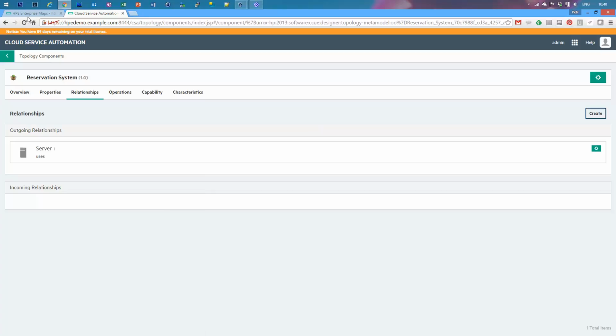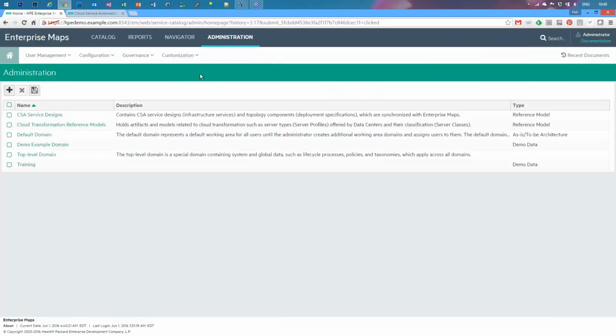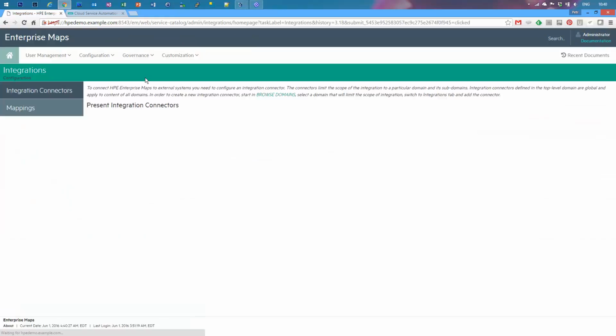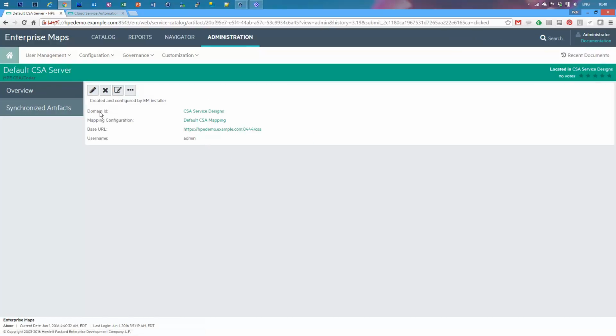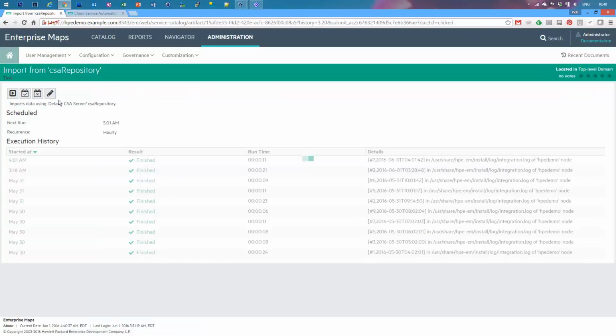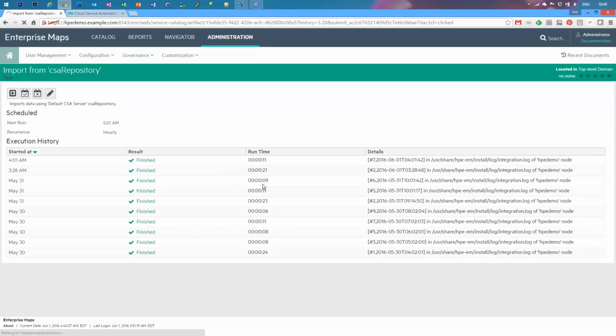So now let's move to the enterprise maps and synchronize the CSA with EM, so I can see my component which I created right now in Enterprise Maps. So I start the synchronization